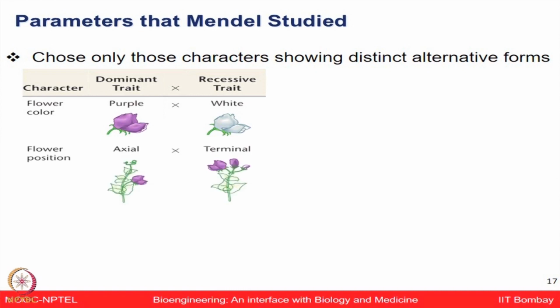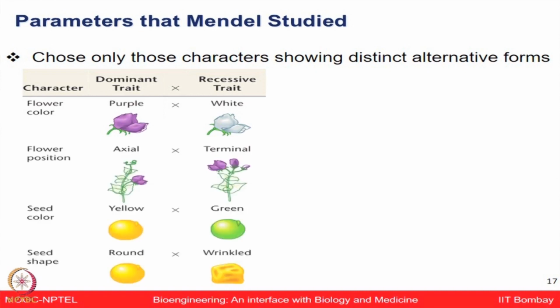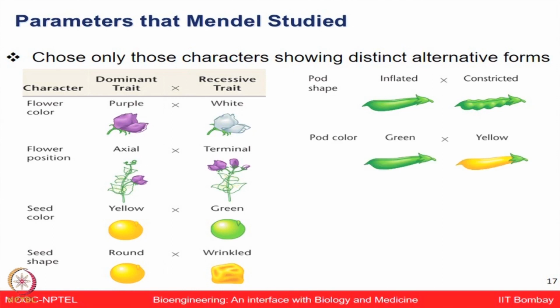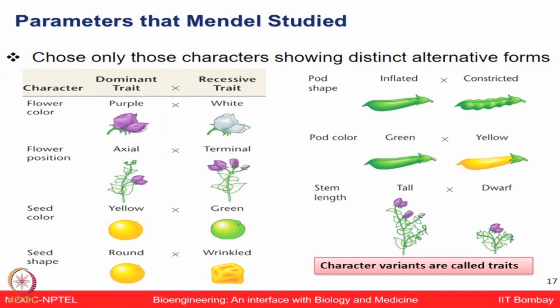Flower position, whether it's axial or terminal. Seed color, is it yellow or green? Seed shape, it can be round or wrinkled. Pod shape, it can be inflated or constricted. Pod color, green or yellow. Or stem length, tall or dwarf. So many people